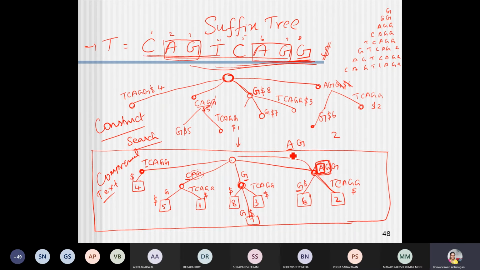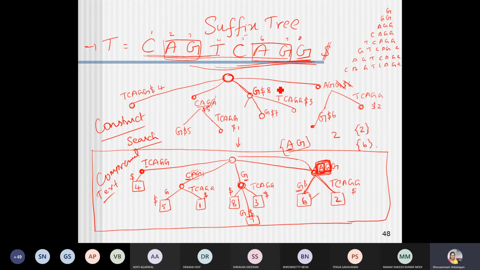The next search pattern is AG. Along with this entire pattern, we have to search, right? AG, okay. So if it looks into this particular node, I have A, G is there, and still in the same node itself I can find the AG also. So obviously it will find the result that this particular pattern AG has started from 2, it is available, and then in the same node G is also available, so AG is also available in position 6. So in this way it will find those AG.